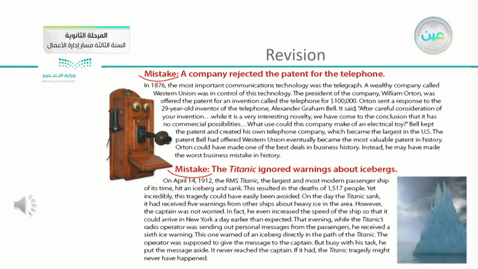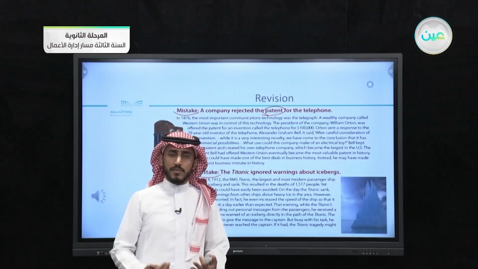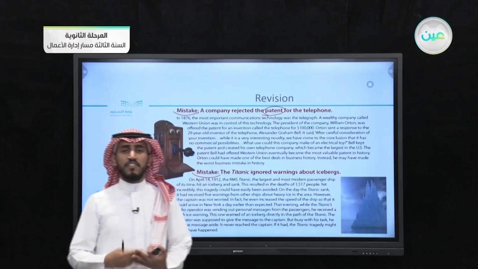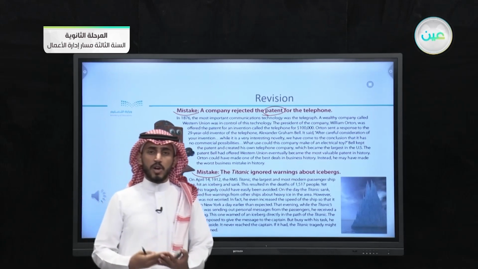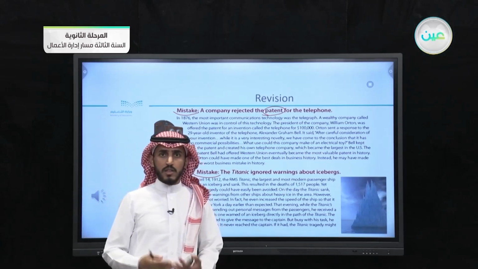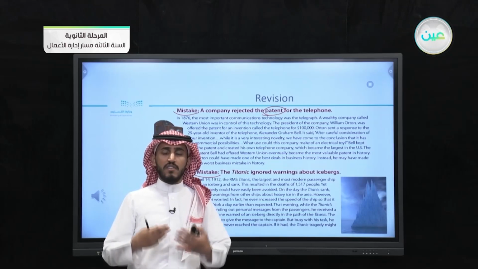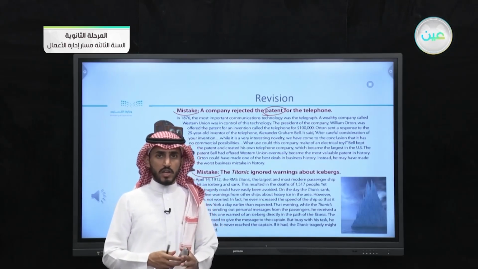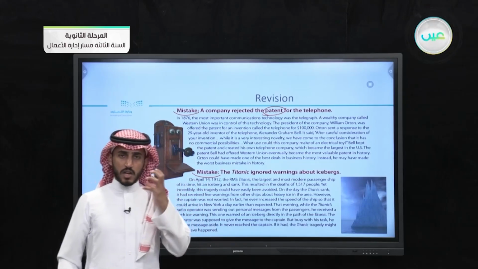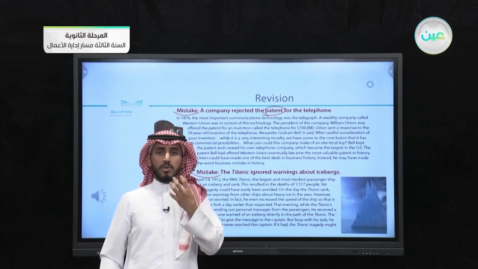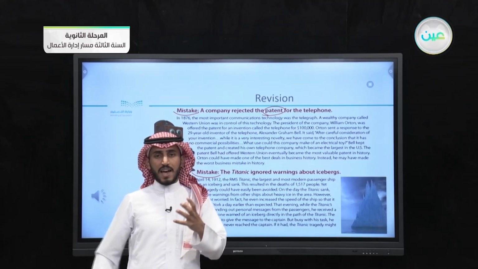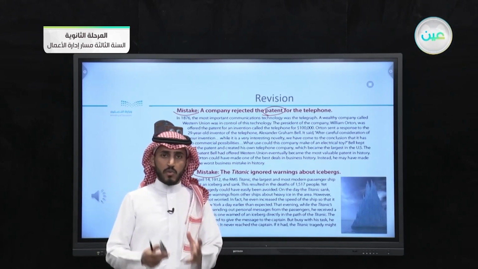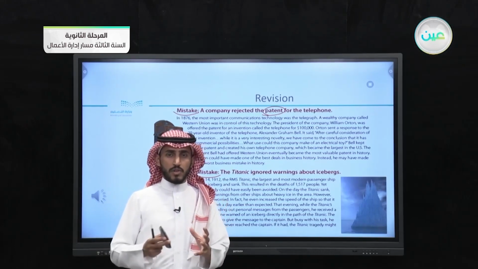Okay, now we will talk firstly about two words. The first one is the word patent. It means the certificate of intellectual property over something. It means that you have the intellectual property of that thing. Okay, so that means this invention belongs to you and nobody has the right to do anything with it before